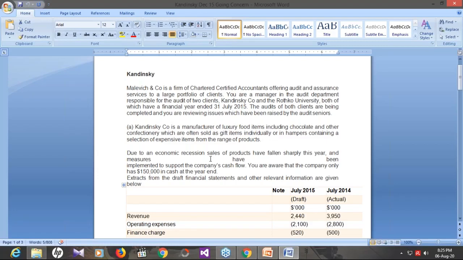So this point is also important, that the company is at a loss, and it is not in a position to carry on as a going concern if the company doesn't convert itself into a profit in the coming year or in the coming 2 years. So it is an extremely worrying situation. If the company does not return to profit in the coming financial year, then this would be a major concern for the shareholders and for the directors, and the company may not survive as a going concern in future. So these are the important points you should consider.